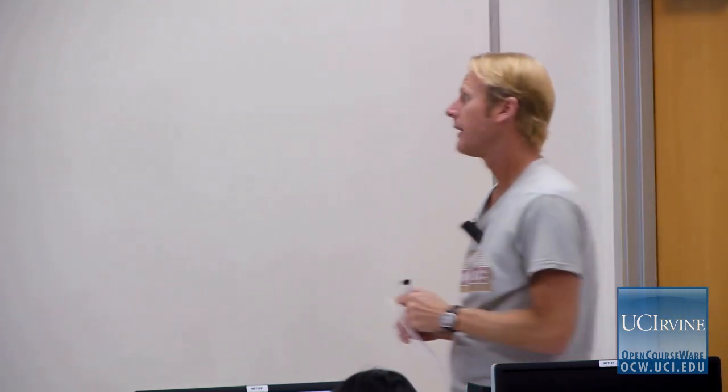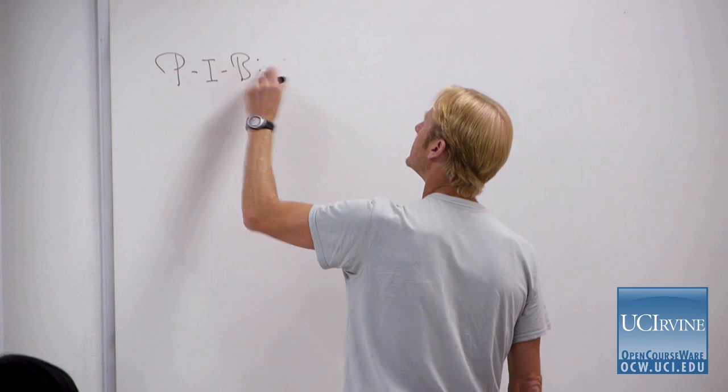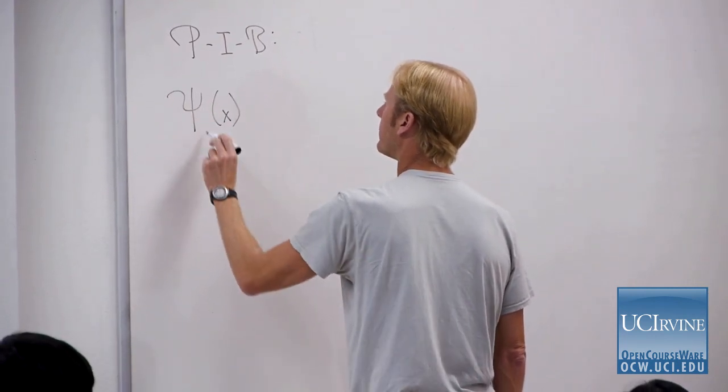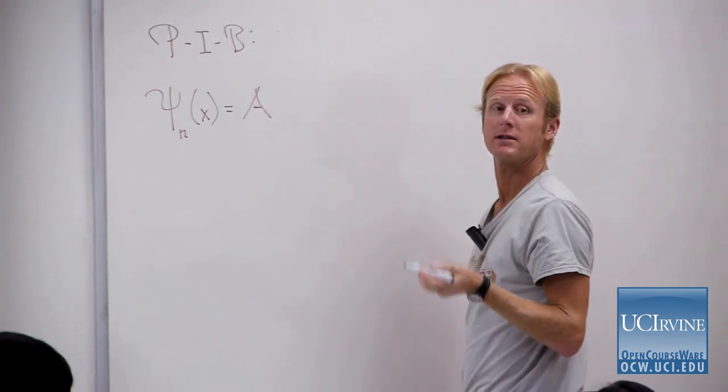Now, those of you who are in Chem 131A know that when you solve the Schrödinger equation, what you normally do first is you figure out what's the functional form of the wave function, right? And then you fix it up later by doing a process called normalization. Okay? So, for example, if we're doing the one-dimensional particle in a box, what you first did was you found out that the solution was of the form A, where A is some constant to be determined,